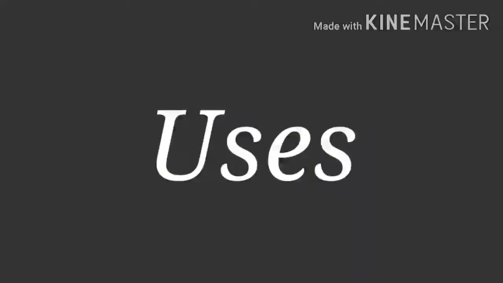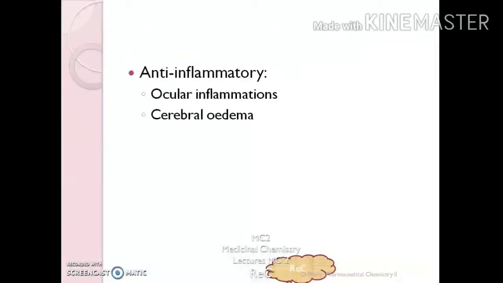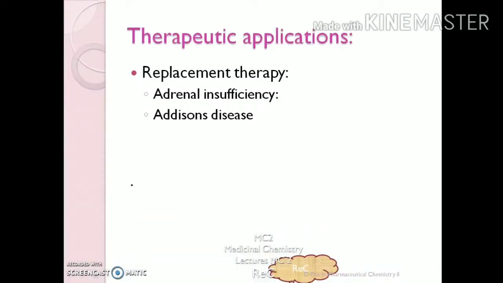The pharmacological applications of corticosteroids: they are mainly important for the preservation of normal functions of the cardiovascular system, immune system, kidneys, skeletal muscles, endocrine system, and the nervous system. The primary application of adrenal corticosteroids is replacement therapy in adrenal insufficiency, in disease states like Addison's disease, where there is complete absence of secretion of corticosteroids.